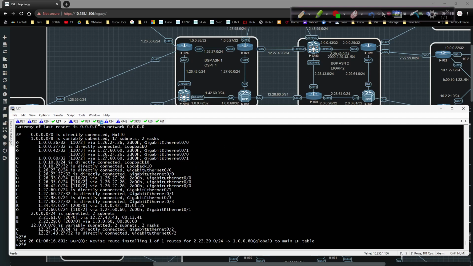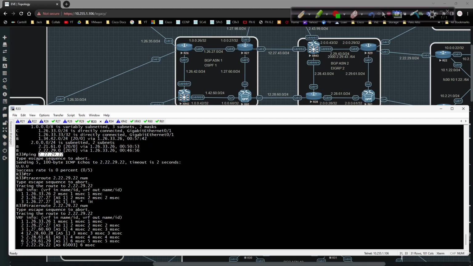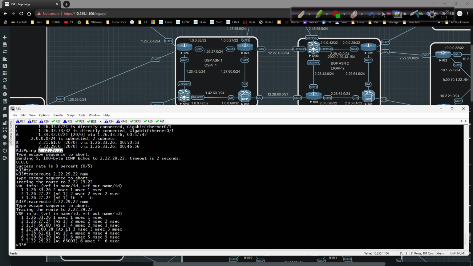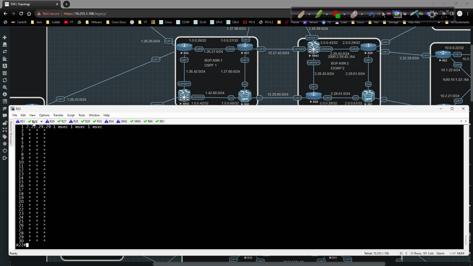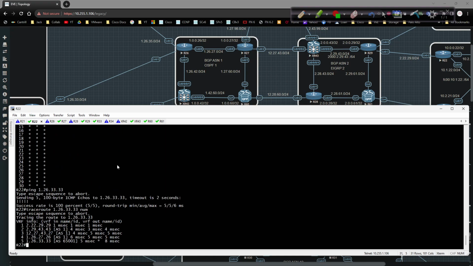And if I go back over here to 33, I'm able to reach it. And 22 should be able to ping as well, and trace end to end. So that was the problem. Same thing if we were to go